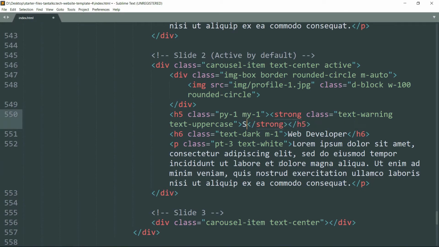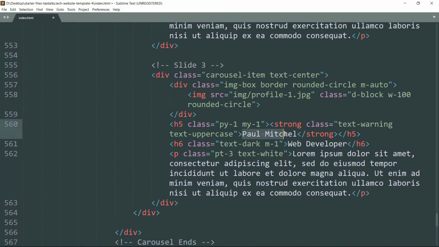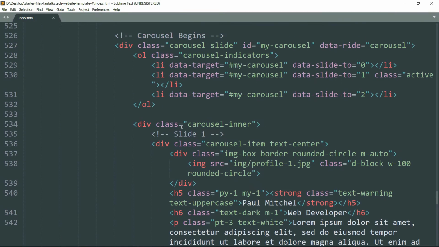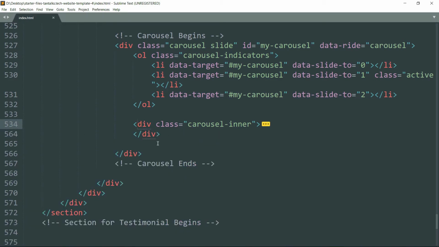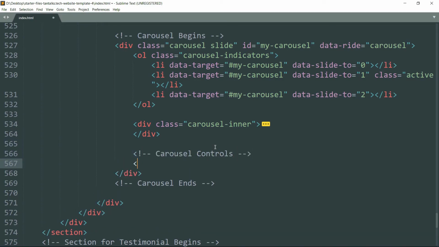And let's just make the necessary changes. Then paste it within the div tags of the third slide and change it. And we can just minimize this carousel-inner part. Then let's create the previous and the next buttons. Create a link tag, that is the a tag, and the link as hash my-carousel,